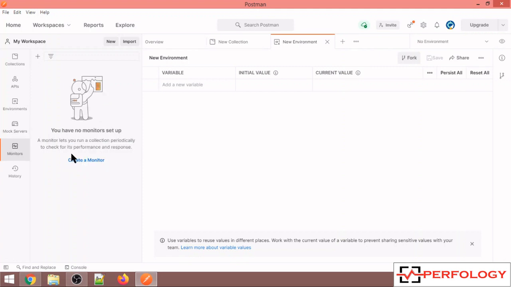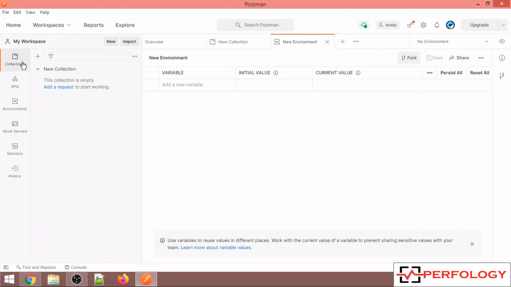Monitor option, it lets you run a collection periodically to check for its performance and response. So using this option you can basically monitor the performance of your request. In the history option, whatever requests you execute using Postman, a history of that will be created over here. So in this collection, if you have to add any request, we can add a request, and